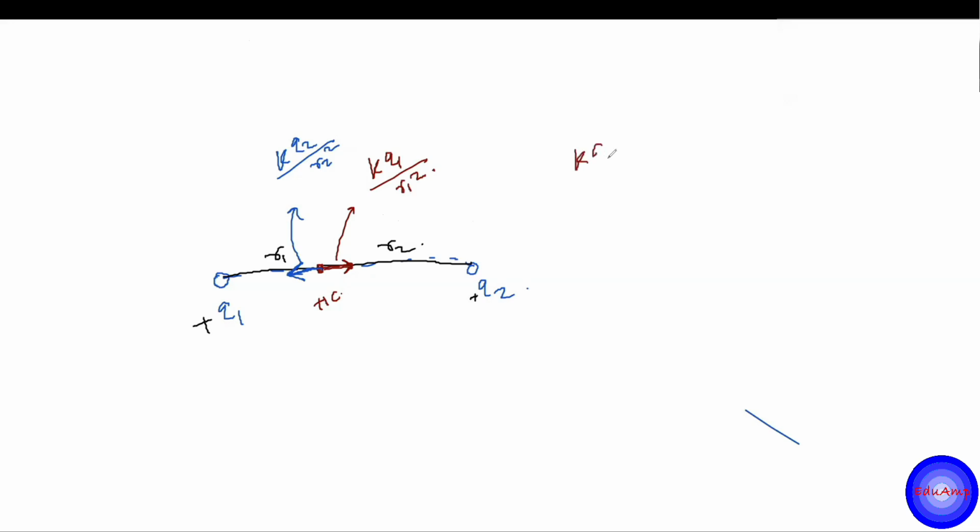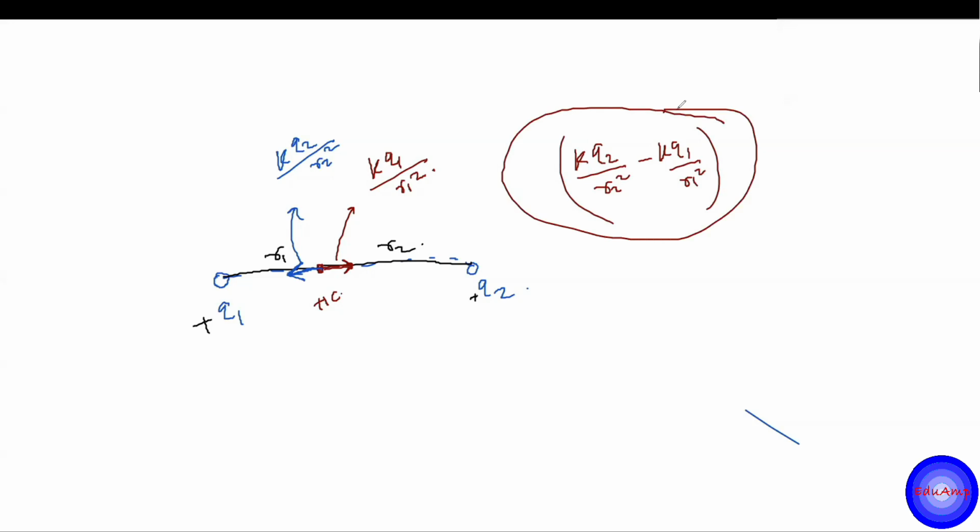The net force I can say is K Q2 by R2 square minus K Q1 by R1 square. So it will be positive or negative depending on which one is more, and the direction is along the line. It can be in this direction or in this direction, depending upon which of the two is greater. I hope it is clear. So this is how we find it. This much is the electric field due to these two charges at that given point. You can find the electric field at any point. Let's say this point, you can find the electric field due to this one, and it will be in this direction.